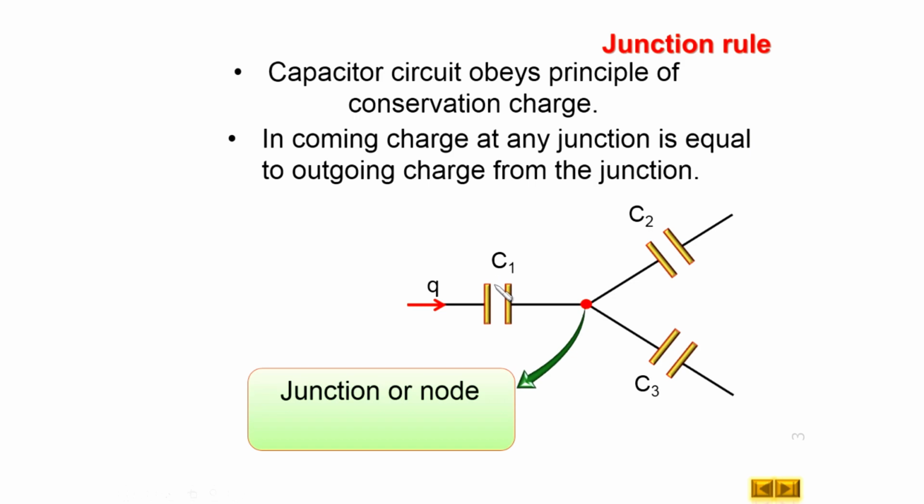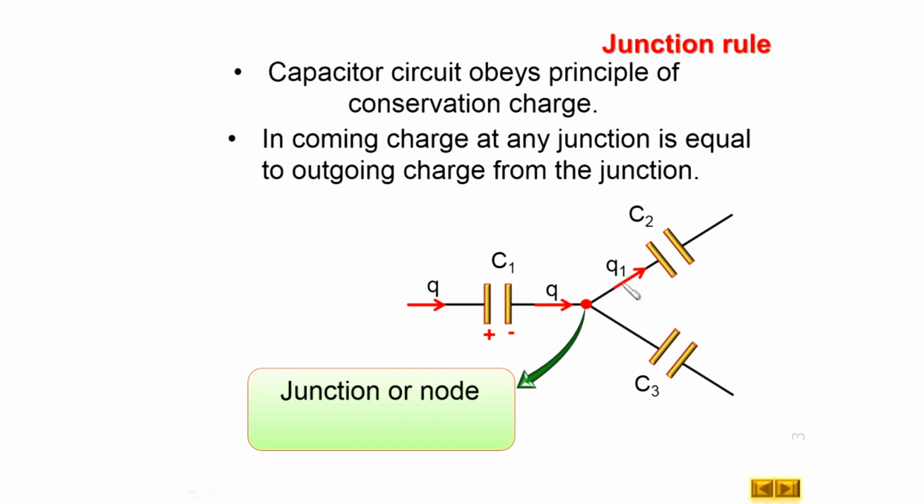That is, the left plate of this capacitor will be positive, and the facing plate of the capacitor is always negative. Now, charge will move away from this plate. If we draw an arrow here, we can say charge is moving away from the plate. So, if it is minus Q, then the charge moving in this direction should be plus Q. So, we can write here plus Q is the charge reaching here. Now, it comes to the junction. There are two paths, one is the upper path, second is the lower path. So, charge now divides into two paths.